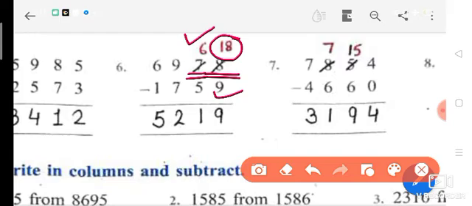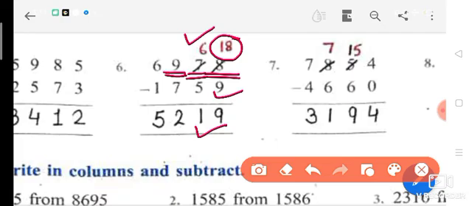Okay, now forget 7 and here you have to forget 8. Now you are having number 18. Okay, and 9 down is 9. So 18 minus 9 is 9. Here you will see now number 6 only. You will not see now 7. 6 minus 5 we will do. So 6 minus 5 will be 1. Okay, will be 1.